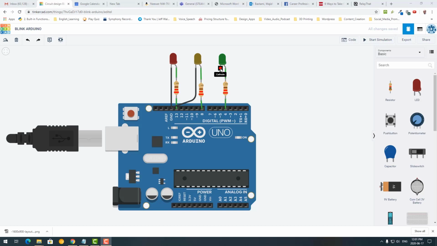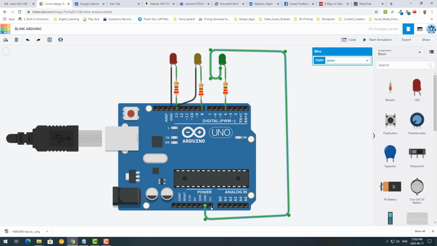I'm connecting the last LED to that and changing the color. So it seems that our hardware part is ready. We have 3 LEDs in different colors connected to the resistors, connected to the pins and grounds,